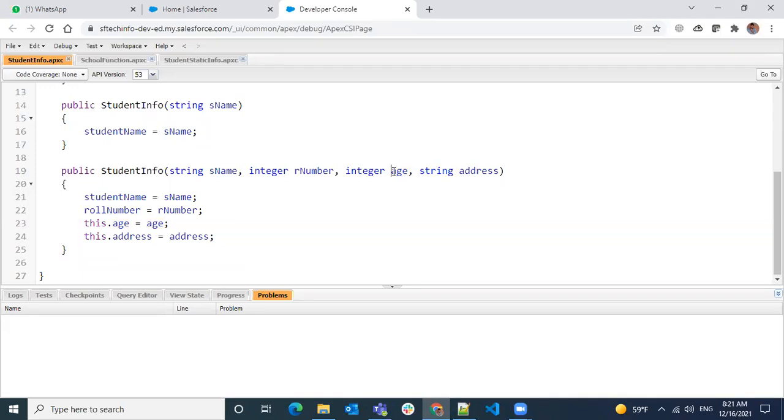Whether it's a parameter name or a class variable name, if you write age equal to age, it doesn't make sense. When using the same name, it will refer to either the class or a local variable, and usually the priority is given to the local variable. Again, age equal to age is copied to the same variable, which makes no sense. So how we can refer to the class variable in the constructor is by using the this keyword, which refers to the class variable.